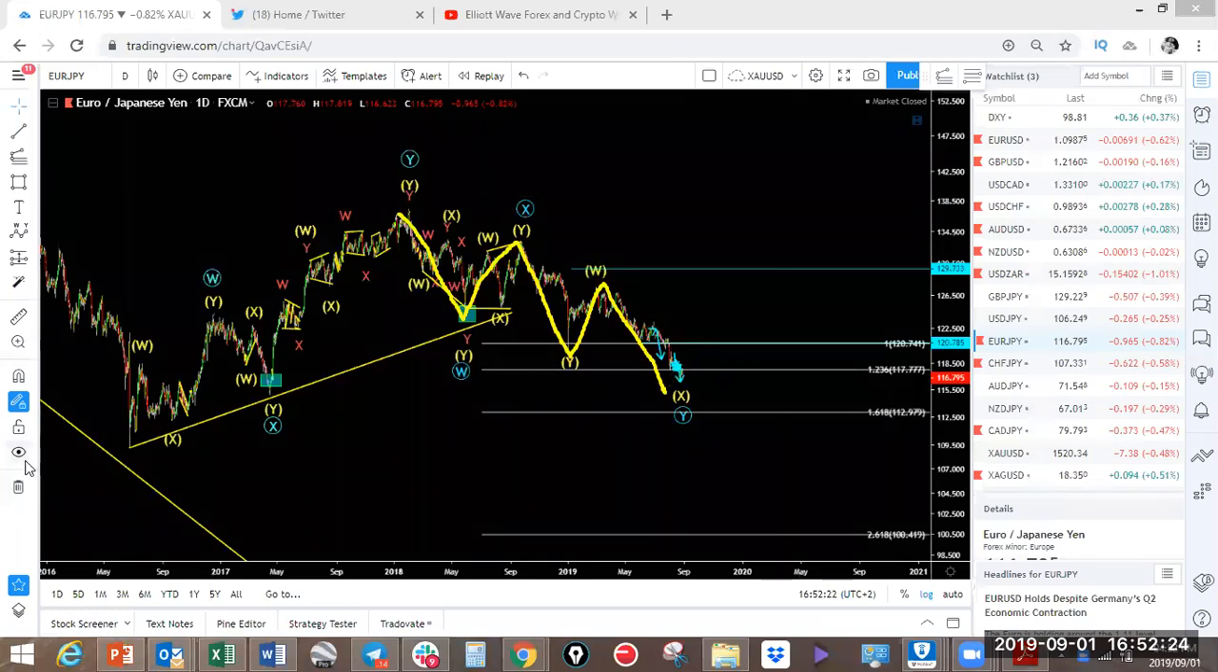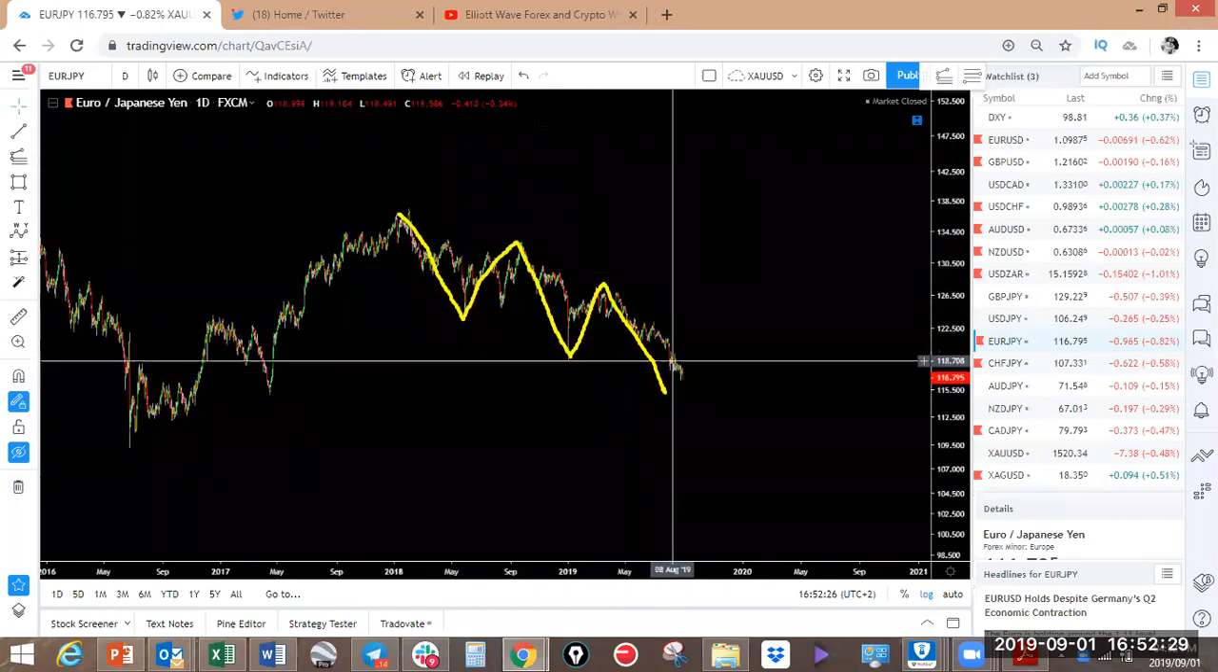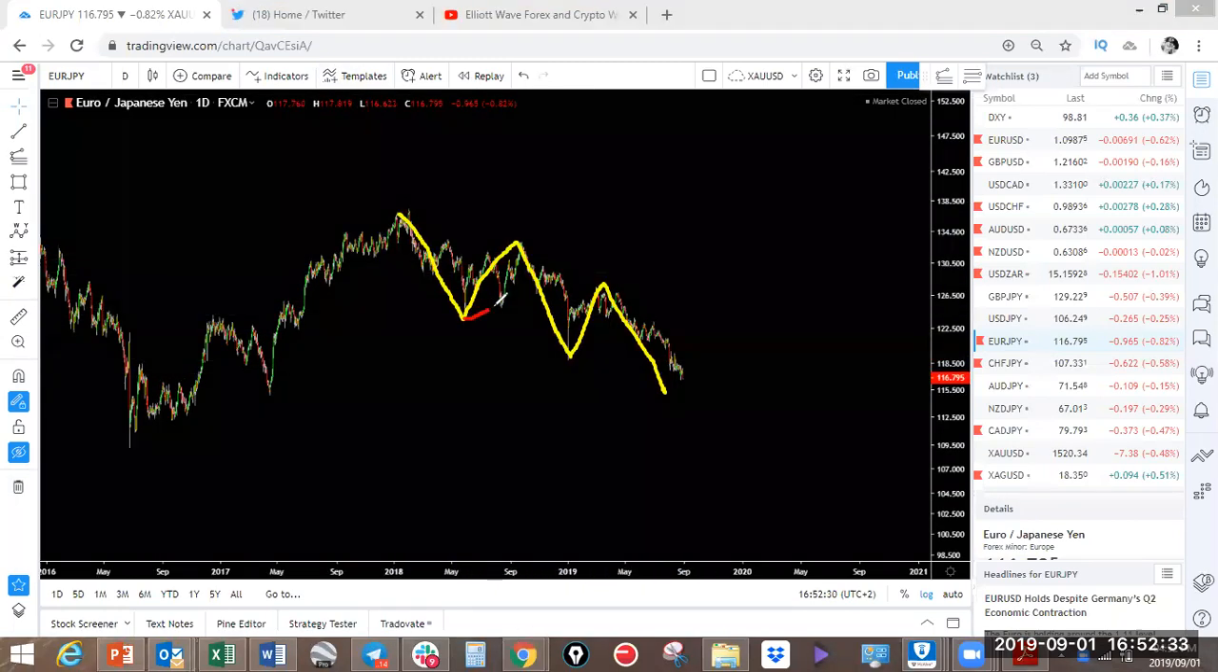Let's switch this off here. You can look at it as a W, X, Y, X, Z, or you can look at this as the main correction. It's a little bit difficult to see. That's why you need to manage this the way you see it. Okay, so you've got to have W, X, Y, X, Z. Either that, but looking at this now, this already looks overextended compared to this, so we will invalidate